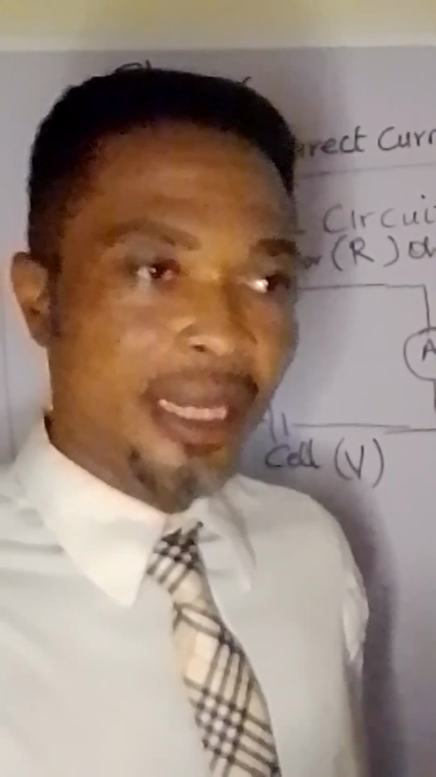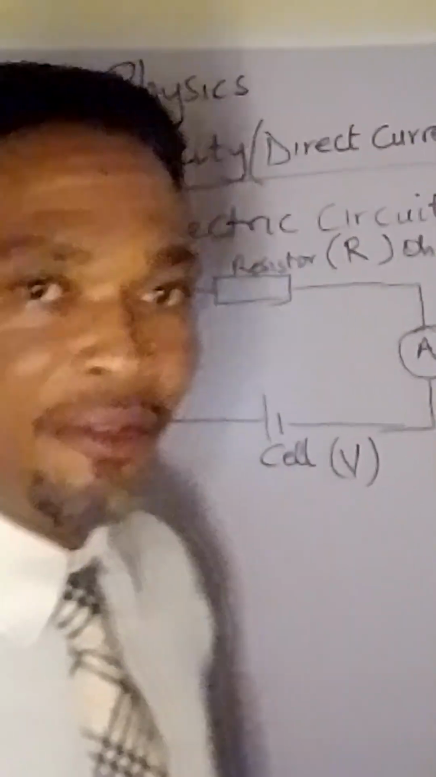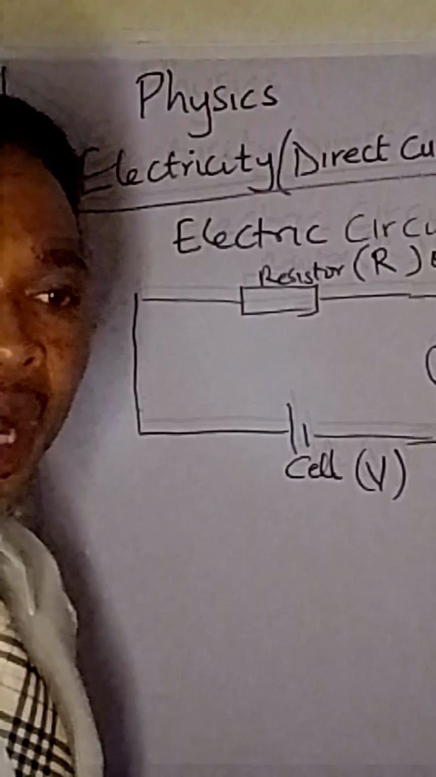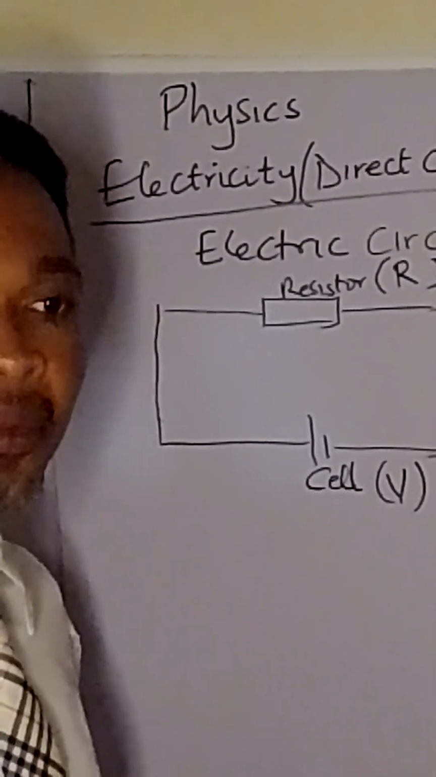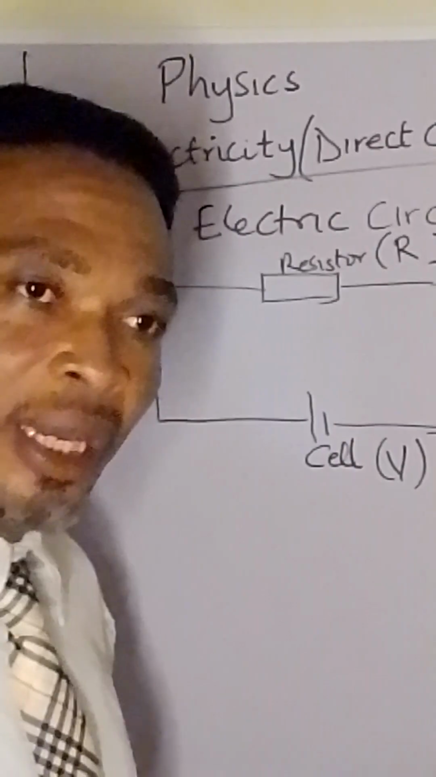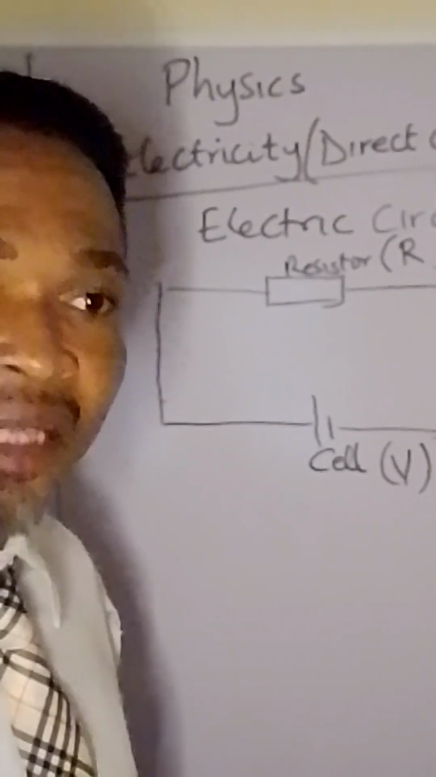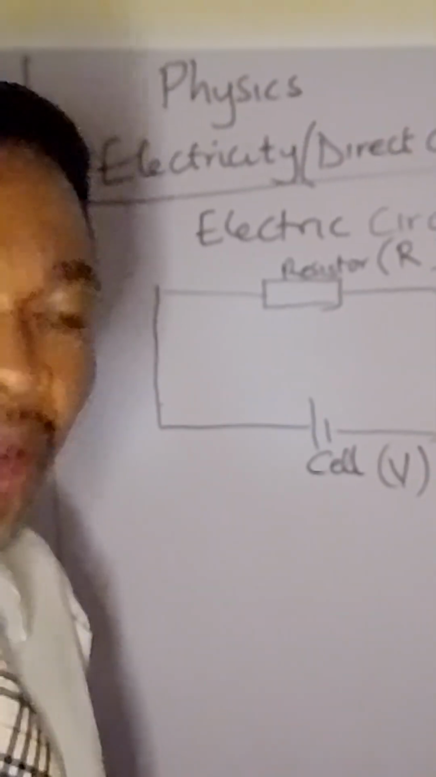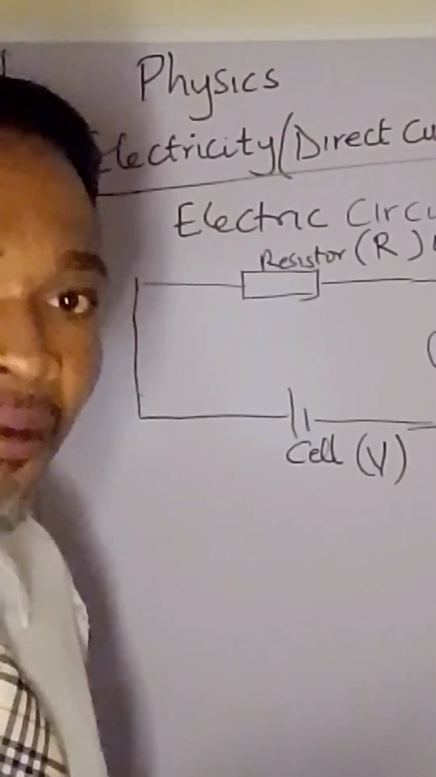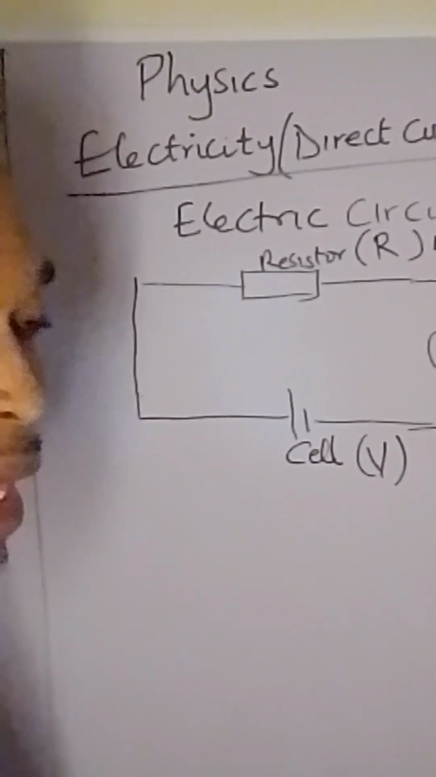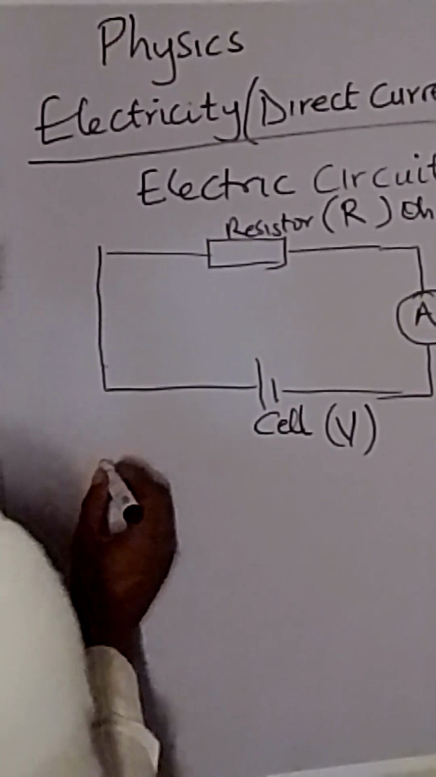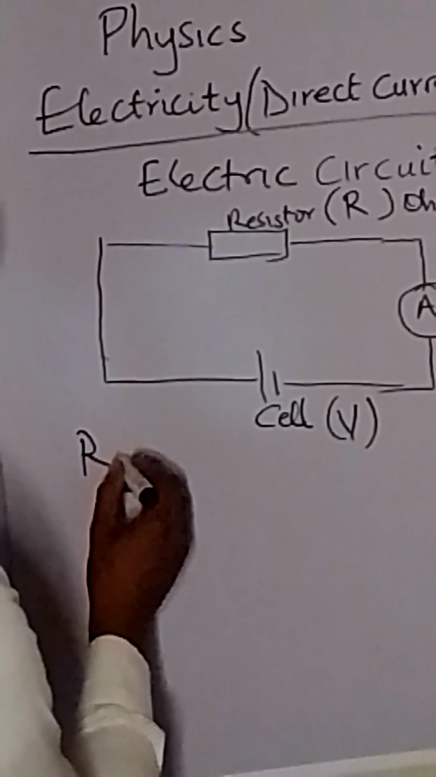That means if we are talking about potential difference, then we are saying that the cells that will be connected must be of the same value. Then when we are talking about resistance, the resistors can be of different value, whereas the cell must be of the same value. Now, connection in series. When resistors are in series,